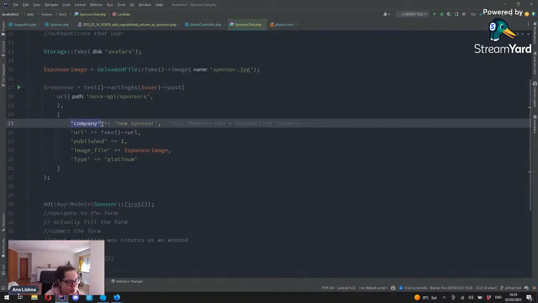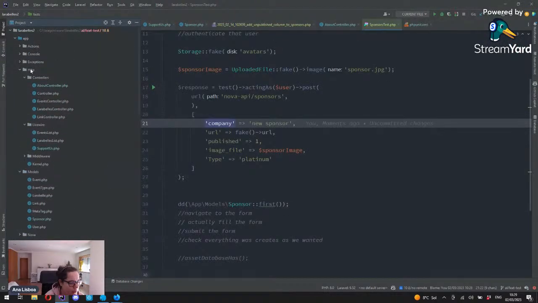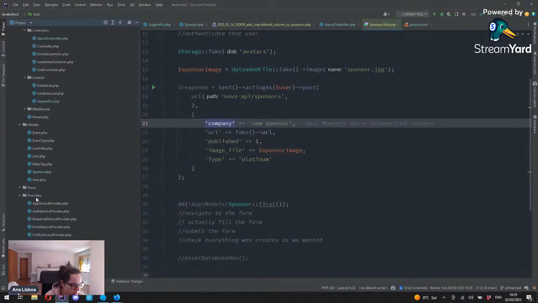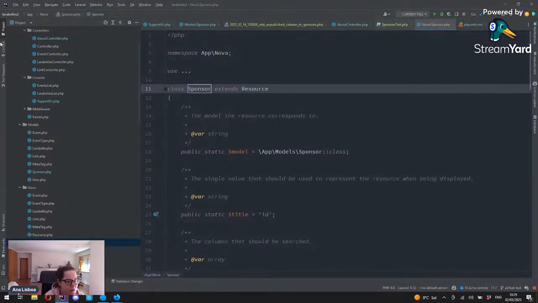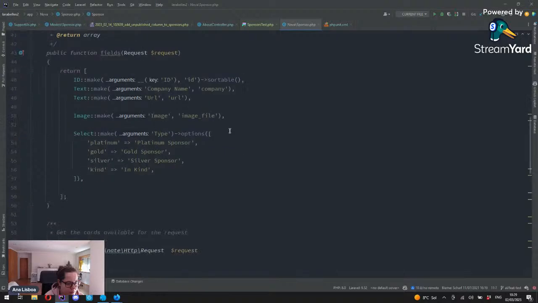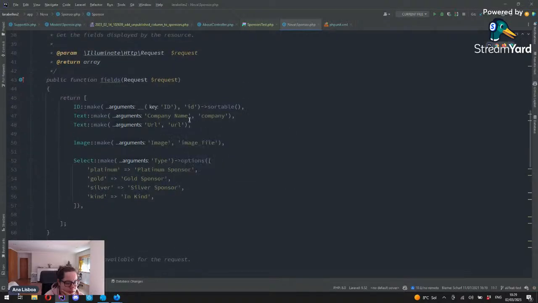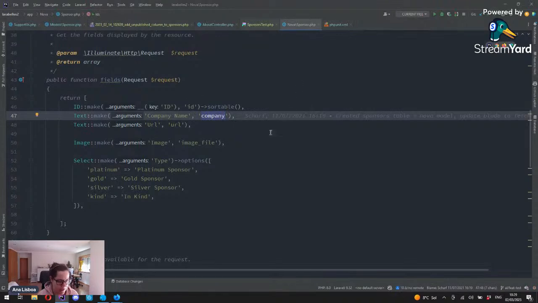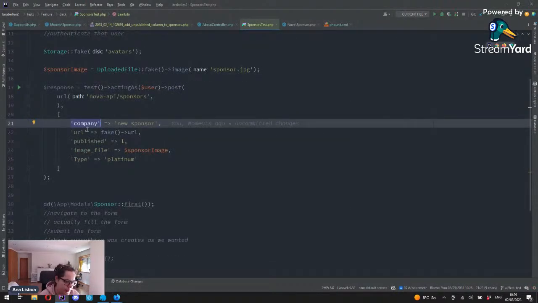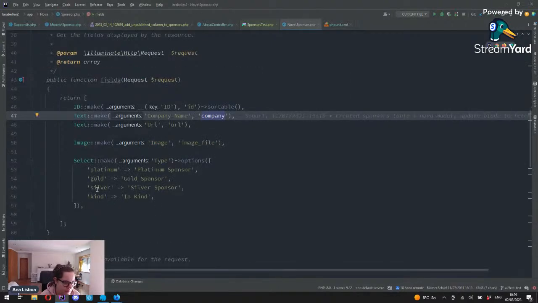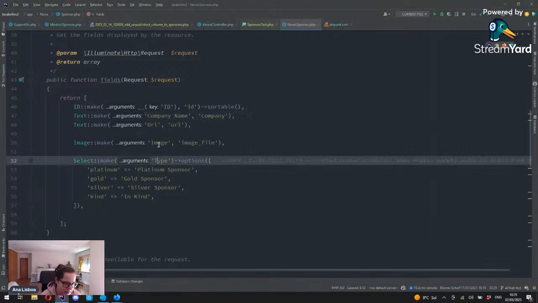But anyways, let's try and look at the parameters that we're passing on our post. As we've seen on our Nova sponsor resource, it has the company name, which is company, the ID. Okay, company ID we're not passing because it's auto-generated. The image file, and it looks to me that this select